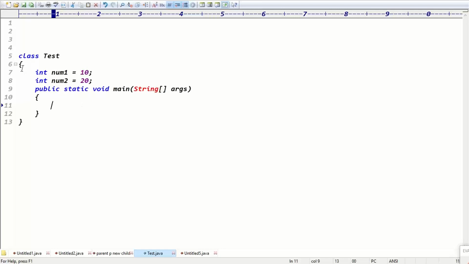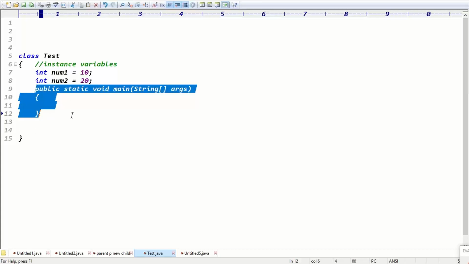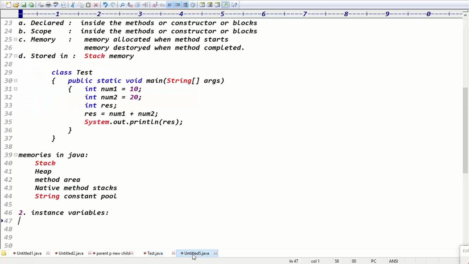Guys, the variables which are declared inside the class, these variables are called which variables, guys? Instance variables, right? Exactly. They are instance variables, guys. And what is the scope of the instance variable? The scope of the instance variables is that we can access them throughout the class, guys. Throughout the class, wherever you want, you can access the data. Throughout the class means the class contains one method or multiple methods, guys. Multiple methods, right? Exactly.